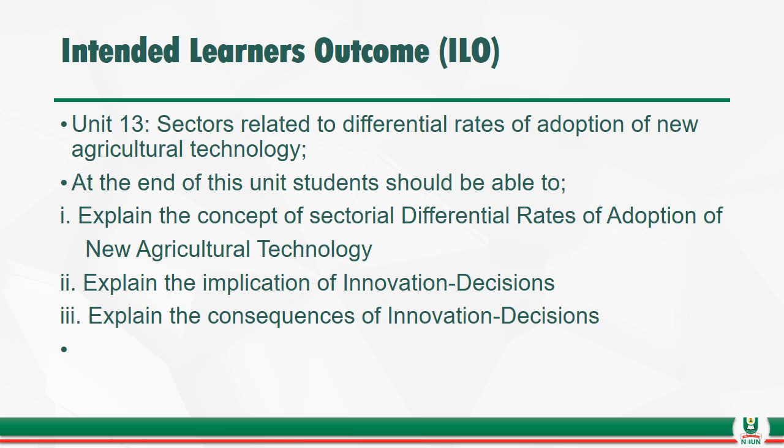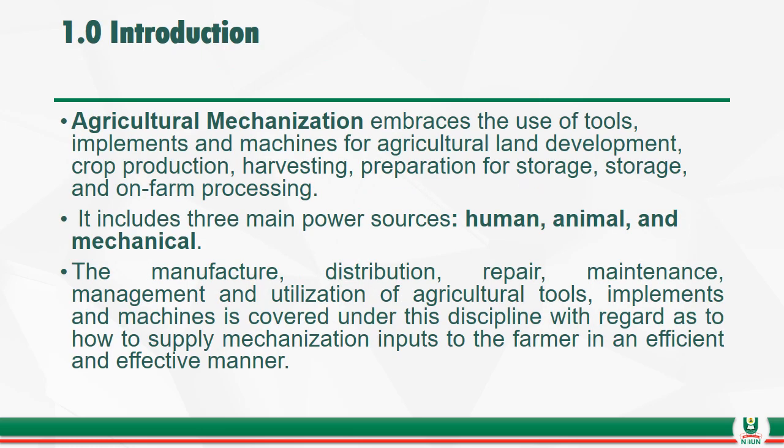However, at the end of this course, the students should be able to know about the concept of sectoral differential rates of adoption of new agricultural technology. They should be able to explain the implication of innovation decisions, and they should be able to explain the consequences of innovation decisions. Talking about the introduction, agricultural mechanization embraces